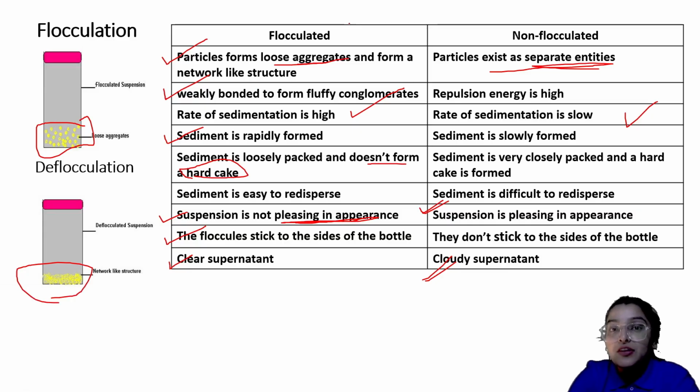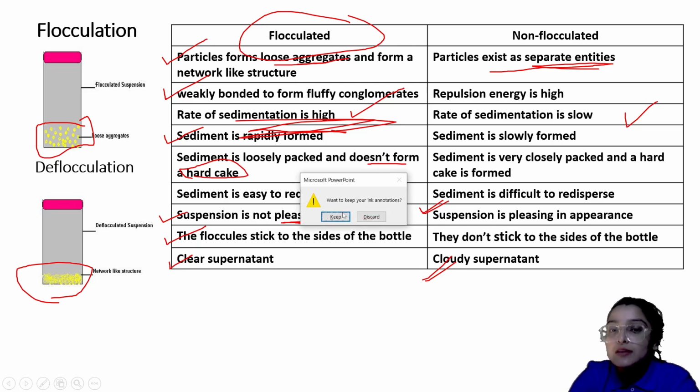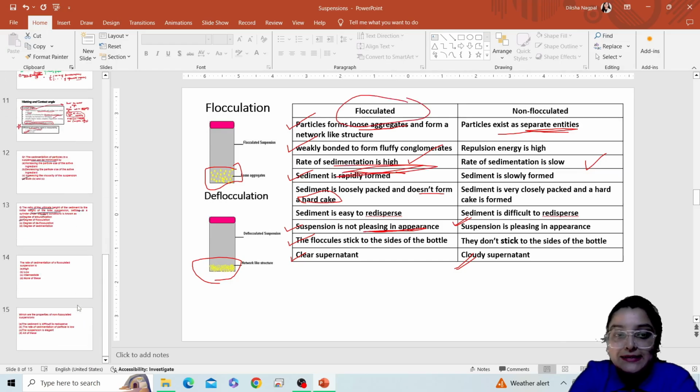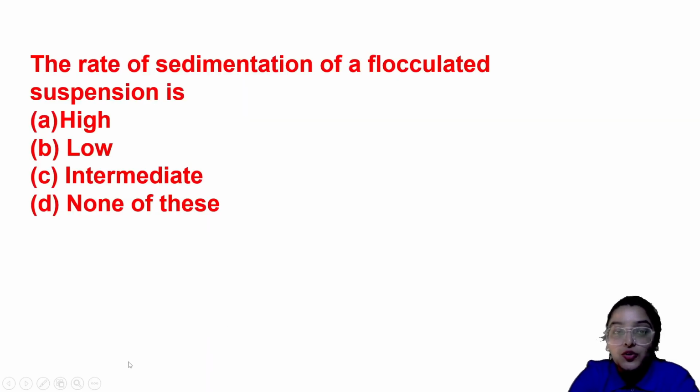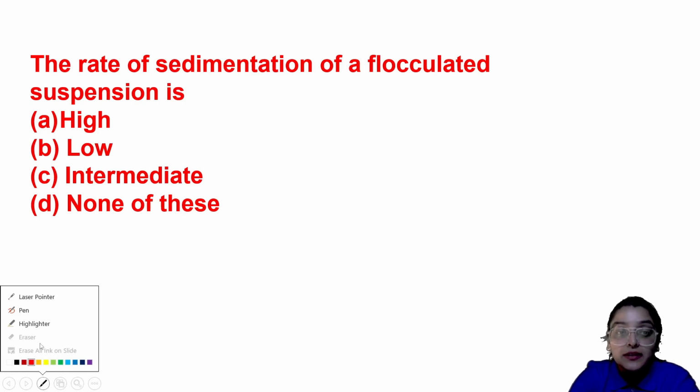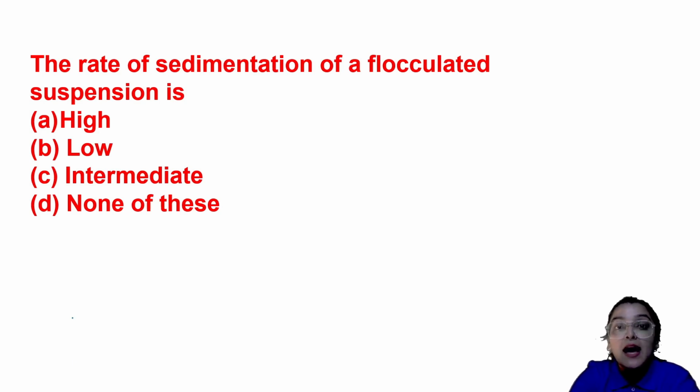In case of the flocculated ones, the rate of sedimentation is high as compared to the non-flocculated ones. So that calls for our easy answer here, that yes, in case of the flocculated ones, the rate of sedimentation is higher. Okay students,